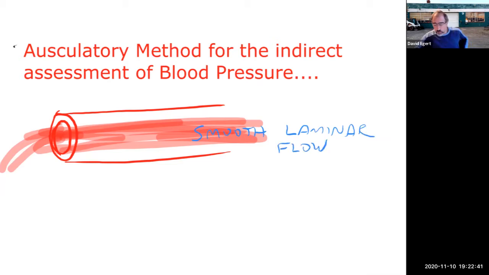If you have smooth flow, you don't really hear much. This is pretty much silent, right? If you have water running through a pipe, but it's not turbulent at all, you don't really hear it. If you just put your ear on your arm, you don't hear, even though the blood is going faster and slower, as long as it's pretty smooth, you don't hear much. If you constrict things,